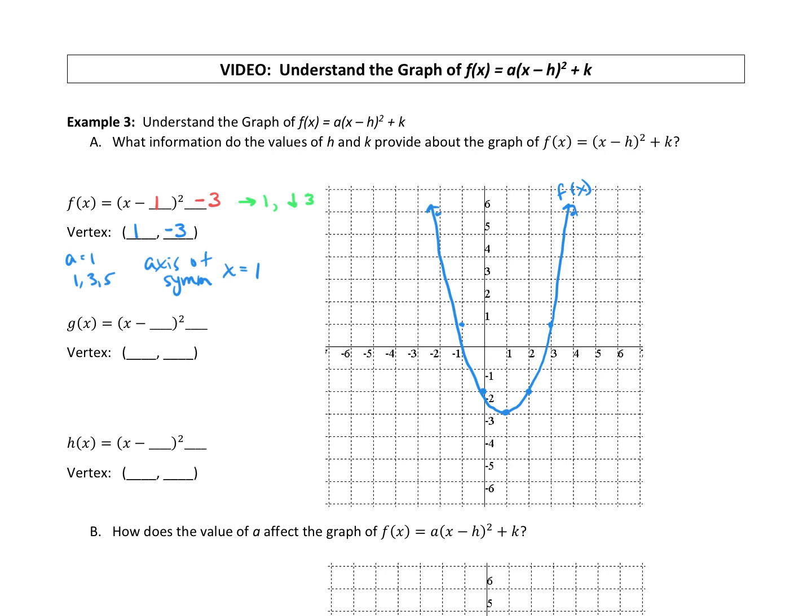And then we'll just practice another one. So again, we're just doing a little practicing here. G of x. So let's say g of x was x minus 1 squared and a plus 2 on the end. So the translation happening if you have the x minus 1, tricky x, you're going to go to the right one again. And then that plus 2 means you're going to go up 2. So your vertex shifted to positive 1, positive 2, if you're going to the right one and up 2. Our a value is still 1, which gives us a 1, 3, 5 graphing pattern. And our axis of symmetry